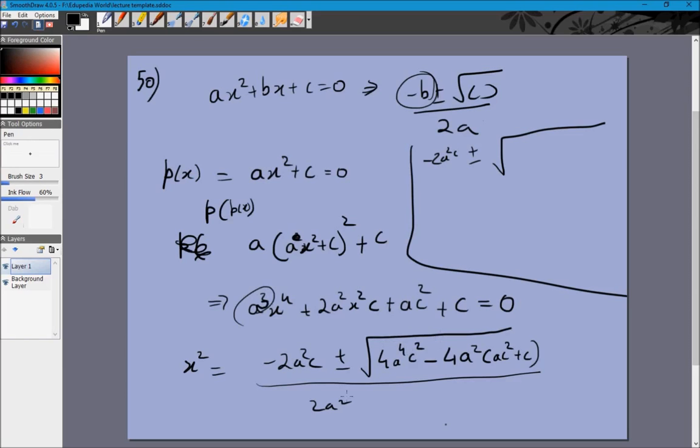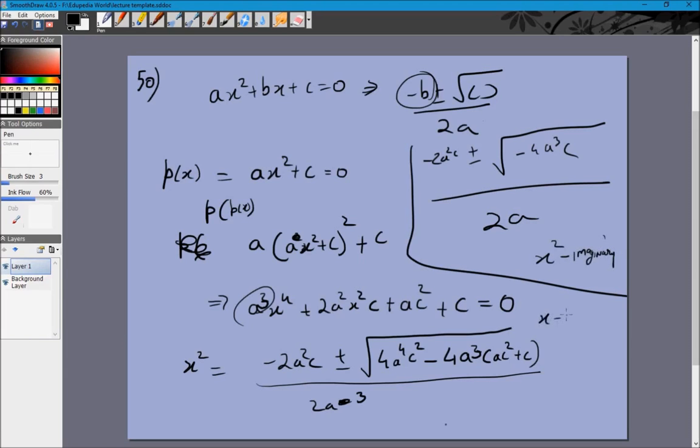So what you'll have here is 2a cube, and this will also be a cube, right? So my mistake. So 4a to the power 4c square and this is 4a to the power 4c square, so they both cancel. You just get minus 4a cube c by 2a, and we know that a and c are positive, so we can tell that this is imaginary, which means x squared is imaginary,